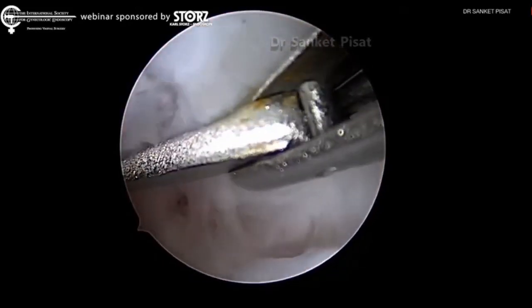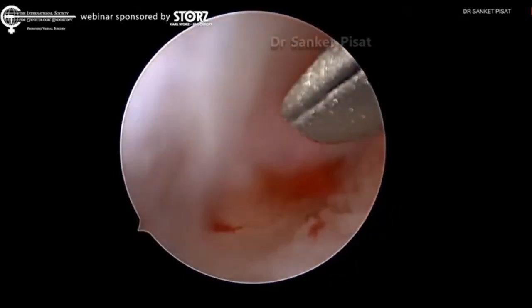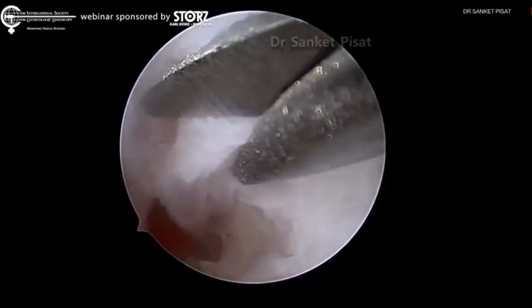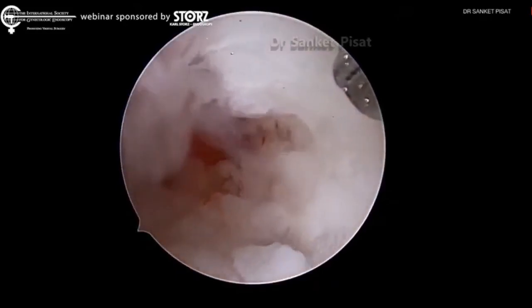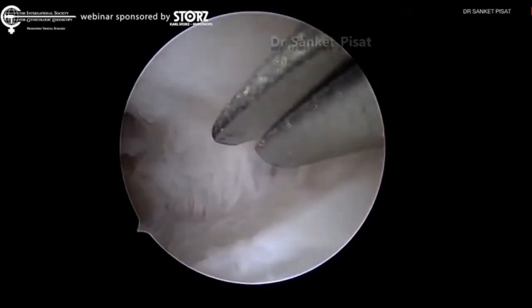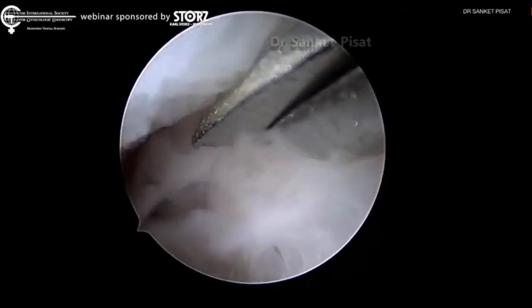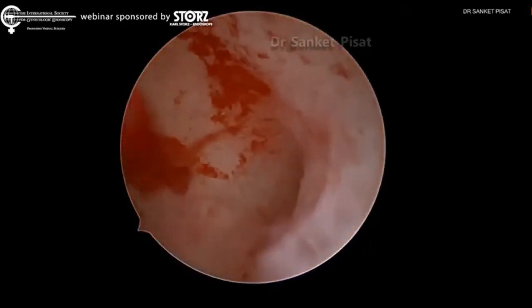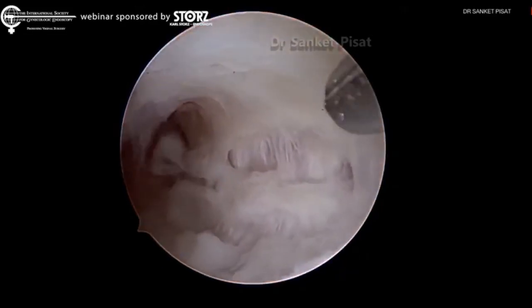So as we are cutting more and more, we find that the cavity starts getting formed, and a small area is now visualized on the right side, which is probably the location of the patient's left tubal ostium. These synechiae overlying this part are again cut, and we deepen the incision a little further. Again, remember that because the ostia are not seen, we are trying to recreate the triangle purely based on what we had seen earlier. What we can see now is the definitive position of the left tubal ostium.